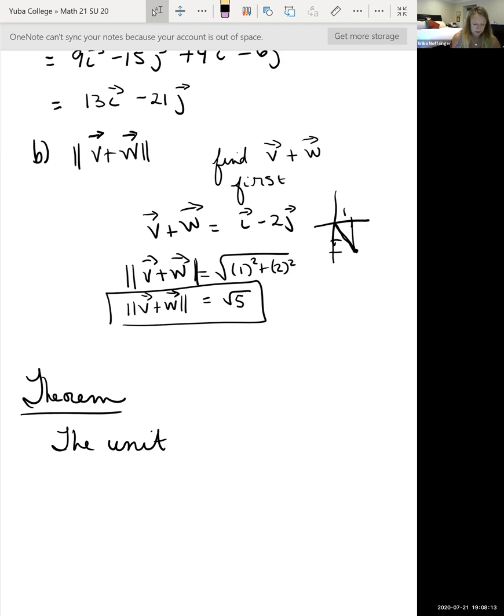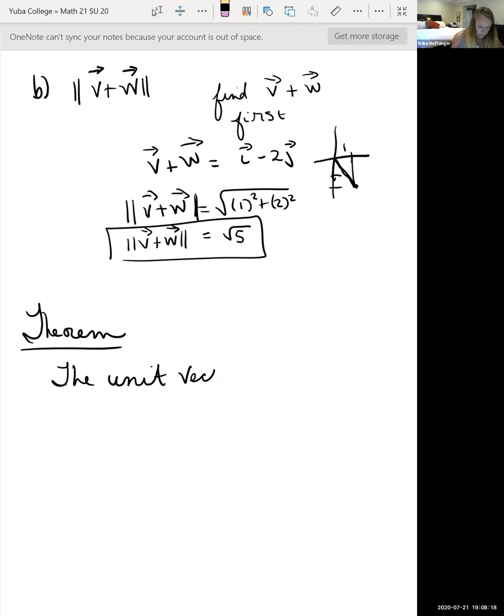So the unit vector is a vector of magnitude 1